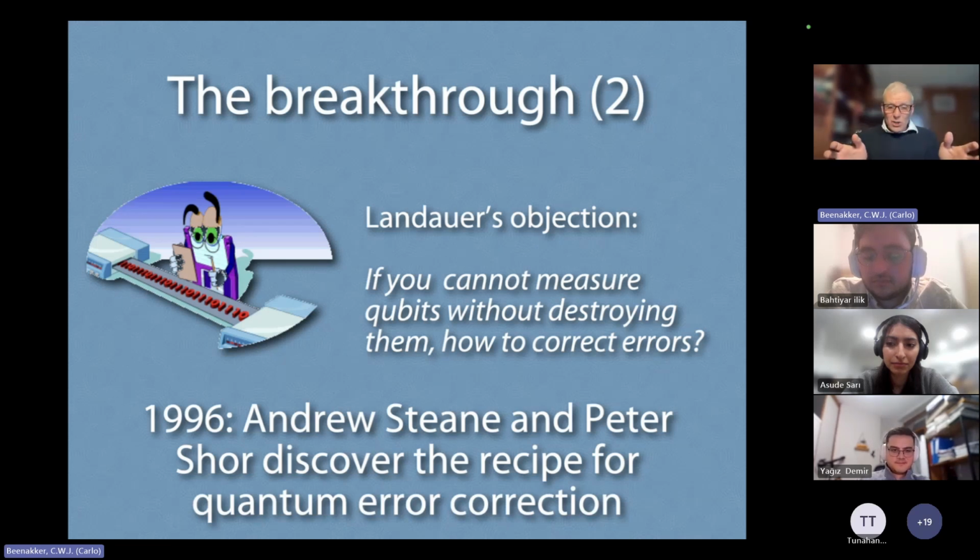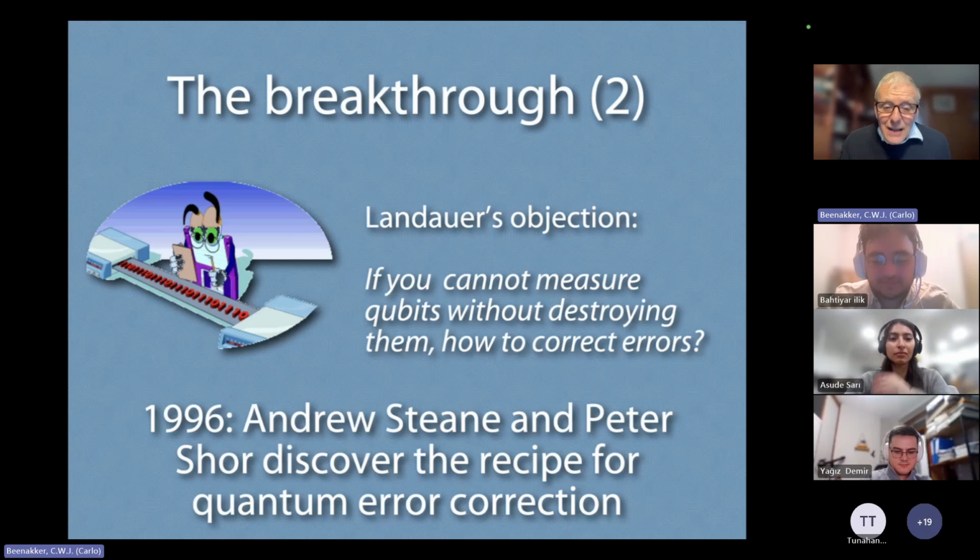The qubit is this black box. You're allowed to look at it only at the very end of the calculation. Then the answer drops out. So you have these qubits, they do their thing. At the very end, the answer falls out, but you're not allowed to open the box and look at what's going on. And so Landauer said, okay, if the box is closed, you cannot correct it, and it's fundamentally impossible to make any computer which cannot correct errors. And then in 1996, Steane and Shor, again Shor,